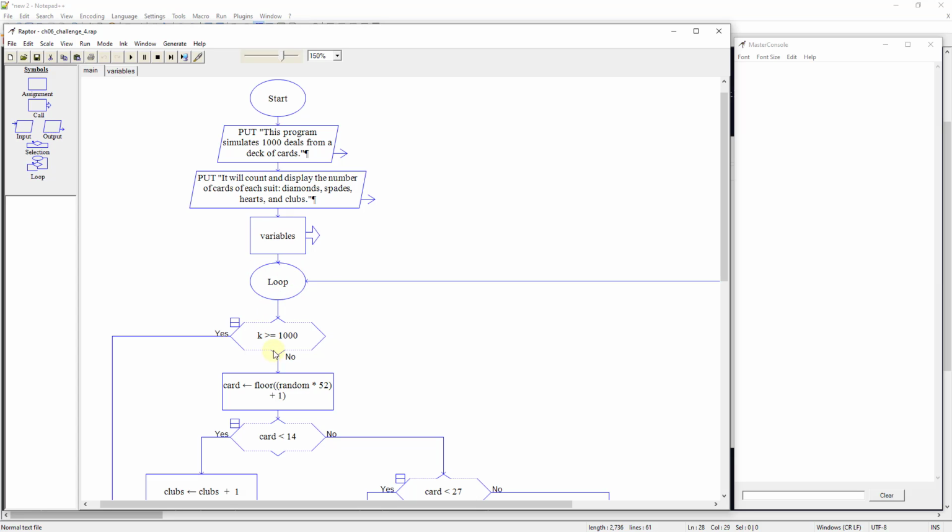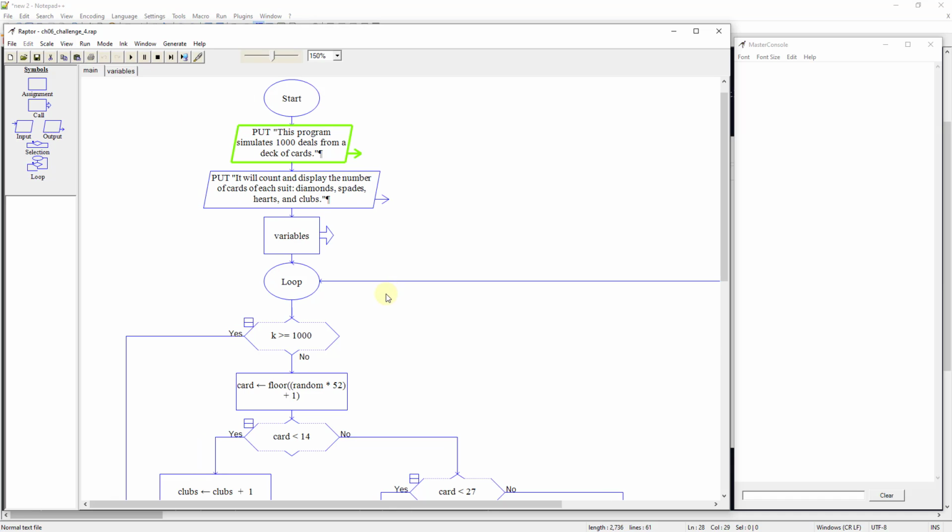And it's going to then come back through. And is my K count 1,000 yet? No, it's not, so it's going to continue to go through. Now I'm going to run this slow. I'm going to run it through once real slow and then show you, because if you ran it at normal speed, it would take a long time. And we don't have time for that in the video.